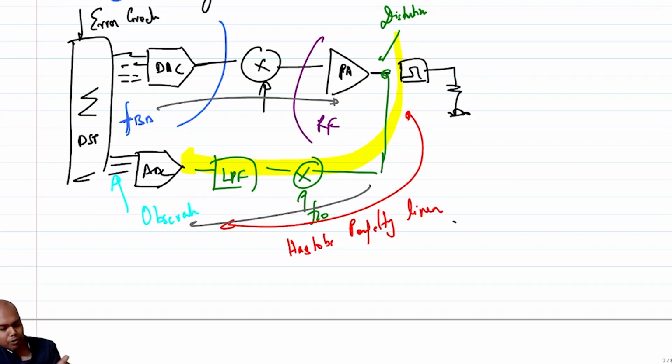If the delay from the input of the DAC to the PA is very long, right? Then you are going to, which essentially means that from the output of the PA to the output of the ADC, again you are going to have a very long delay. Then you will not be able to compare the right bits. Correct? So when you are comparing the bits, you have to ensure that the delays are also appropriate. Not only that, this FLO,